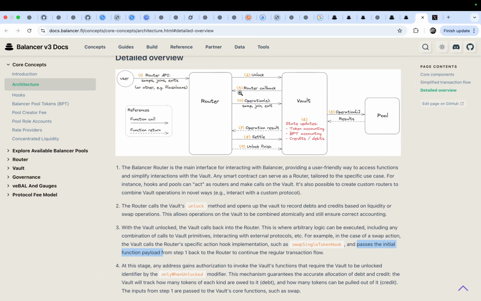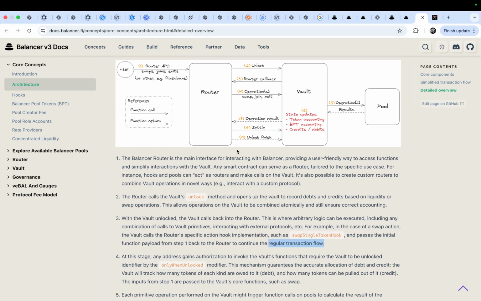Let's look at step 3. From step 1 back to the router. Continue the regular transaction flow. And step 4, at this stage, any address gains authorization to invoke the vault functions.